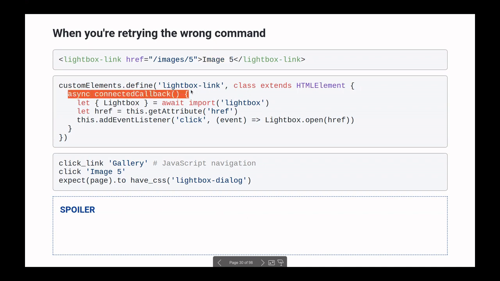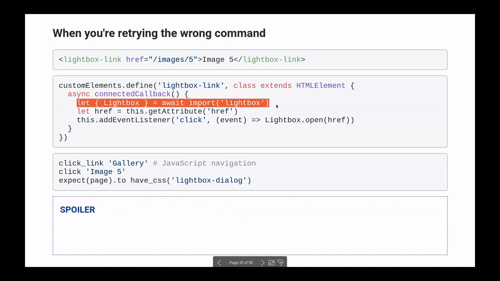Basically, this connected callback function is always called whenever an element with that tag name goes into the DOM. And the current element is simply this here. What we do in the callback is we dynamically import some Lightbox library that is too large to have in our default bundle.